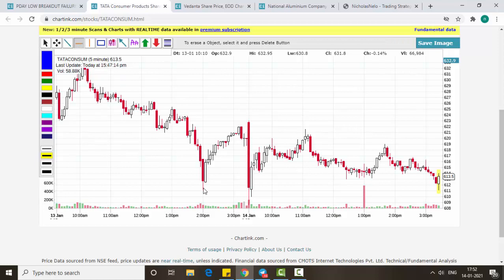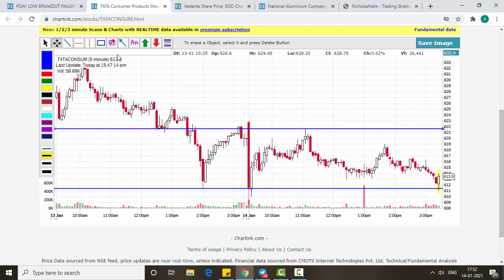Tata Consumer. So Tata Consumer, you can see here. Once it breaks and fails, we got a buy signal and it's going up. See, it hit the level here. Why did it hit here? Because there is a resistance there. This is the resistance you can see here. That's why it touched this resistance and came down. So that's our target.